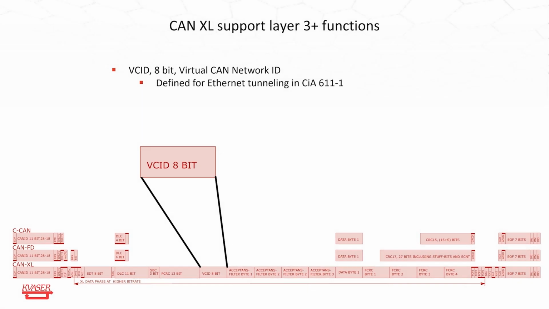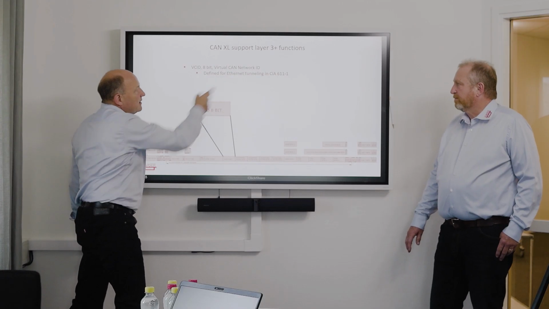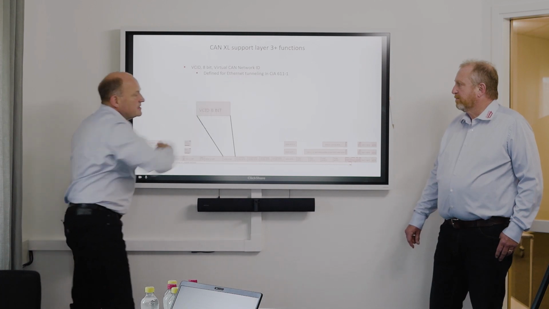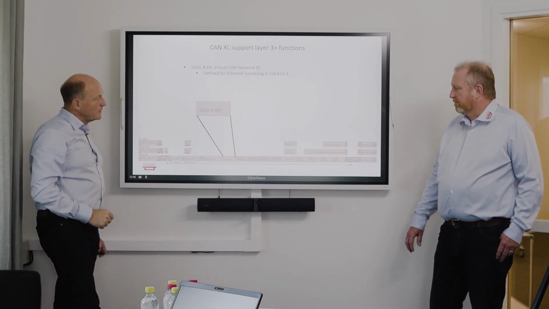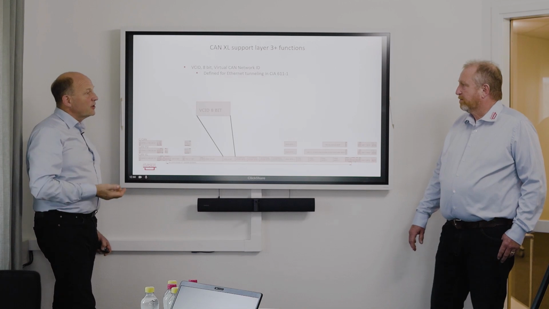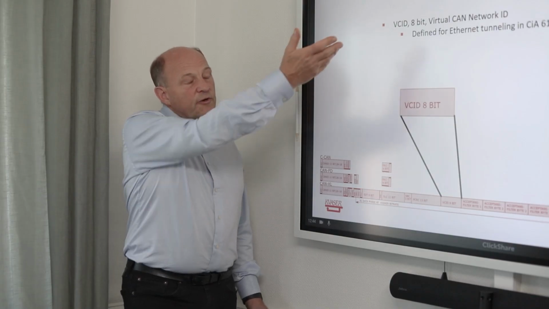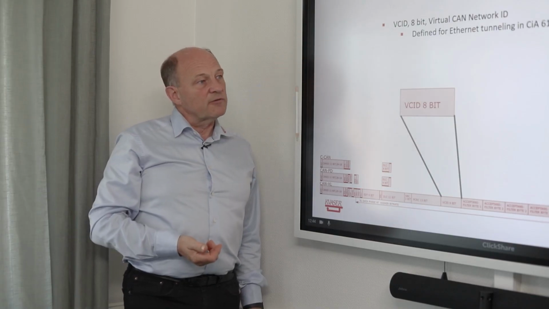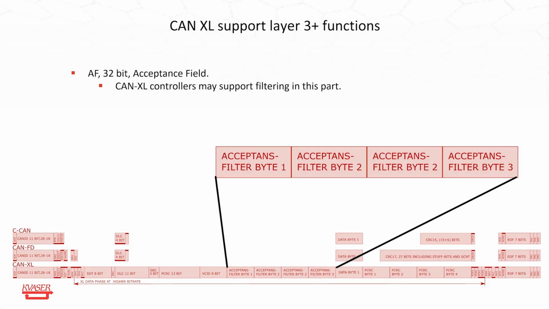This virtual CAN network ID is something also taken from Ethernet, where you have the virtual local area network. And actually it is only described how it's going to be used for Ethernet tunneling in this document 611-1. So you can invent a new function in a higher layer protocol, or you follow this CAN automation standard for it. The acceptance filter is 32 bits,